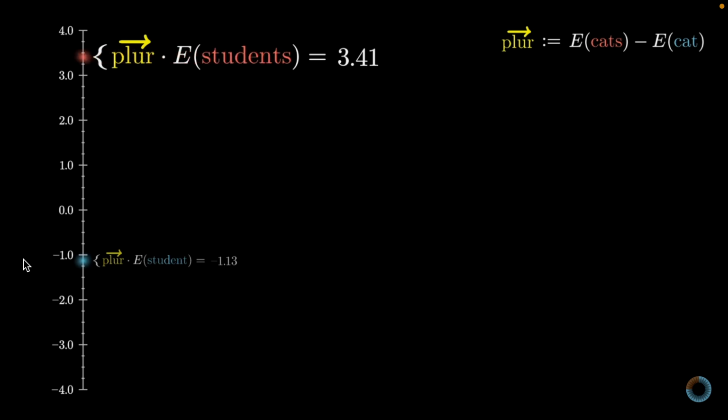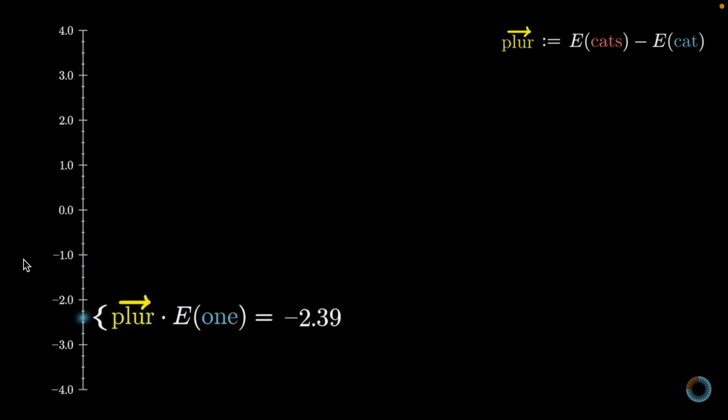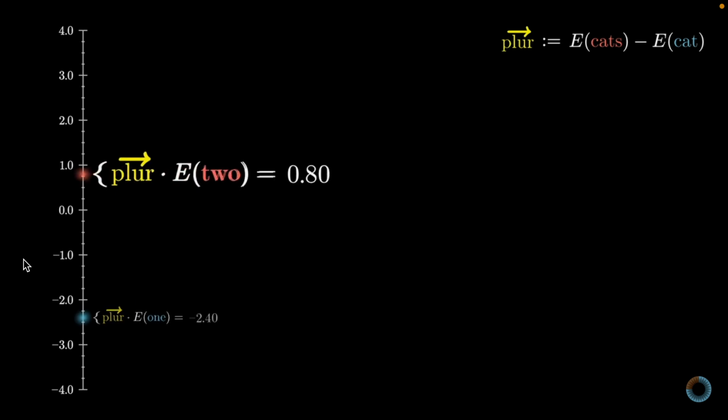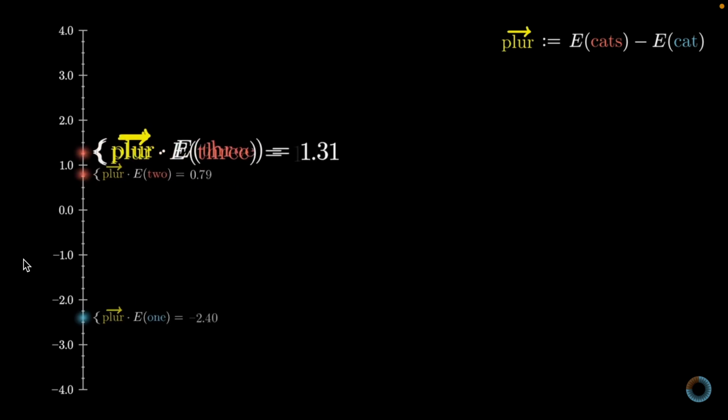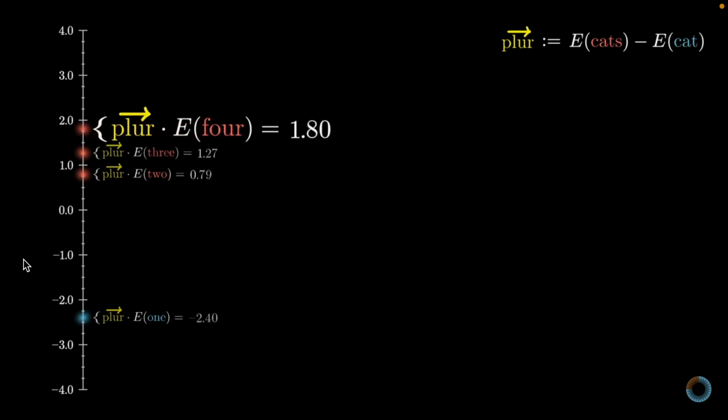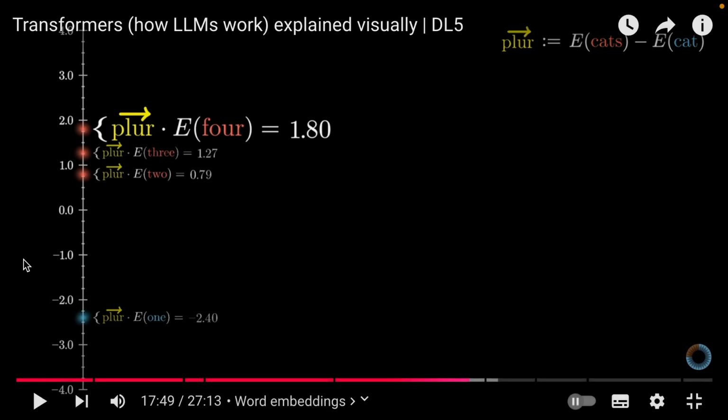It's also fun how if you take this dot product with the embeddings of the words 1, 2, 3, and so on, they give increasing values, so it's as if we can quantitatively measure how plural the model finds a given word. This is another great example, I think, for the